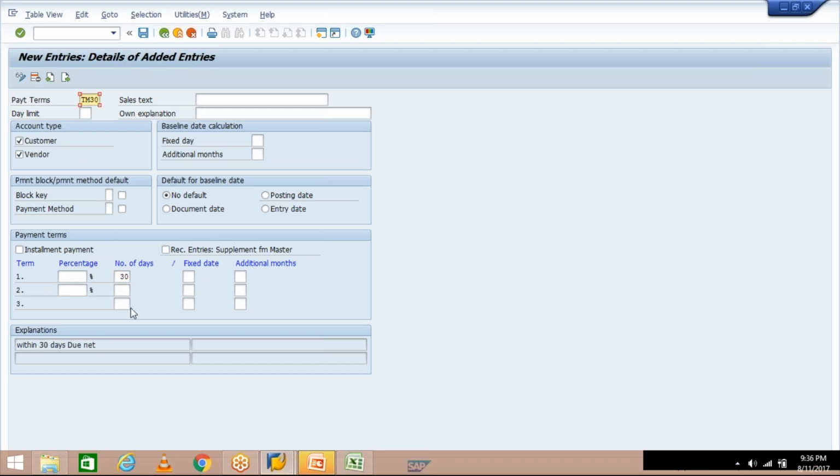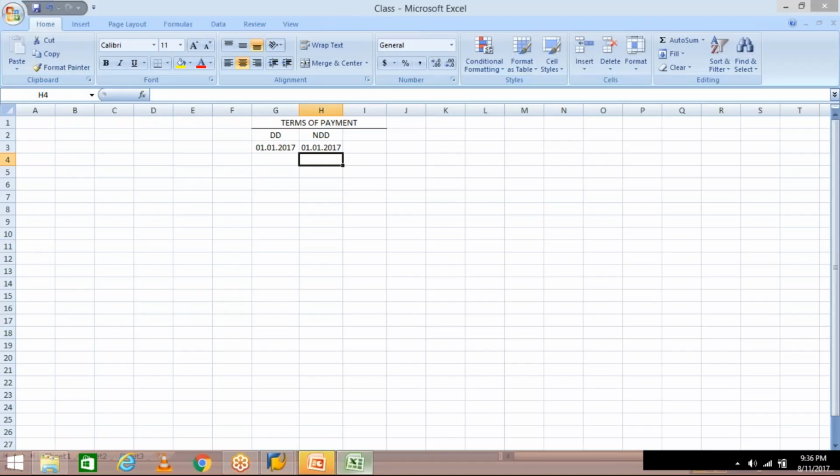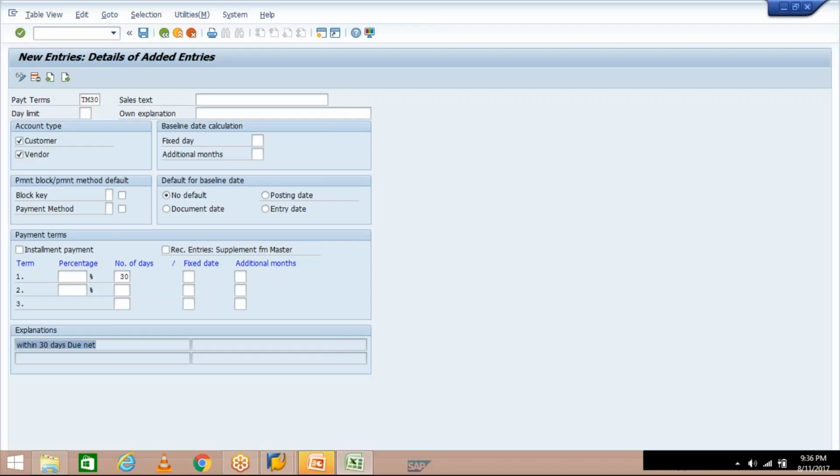Once you press enter, see this is showing the explanation: within 30 days due date. It means what is happening now. If you enter the terms of payment TM30, then it is going to change the net due date, and in the system it is going to show 30th of January. Okay, but the problem is